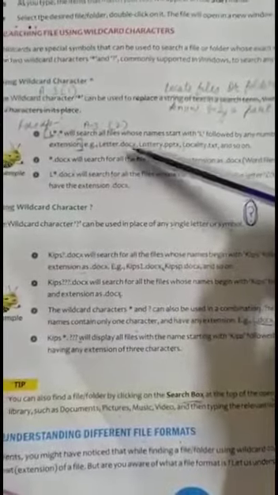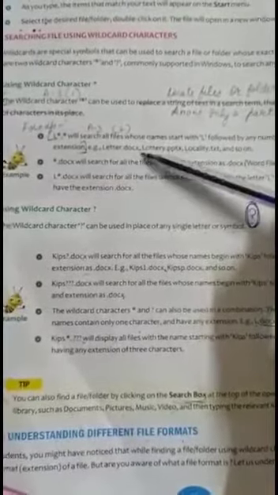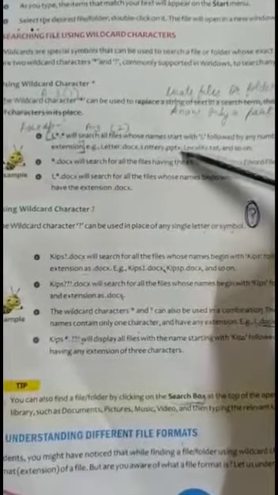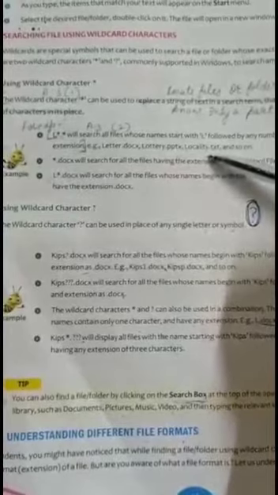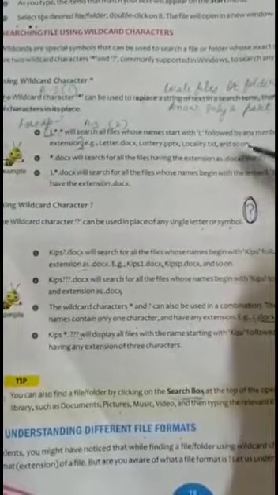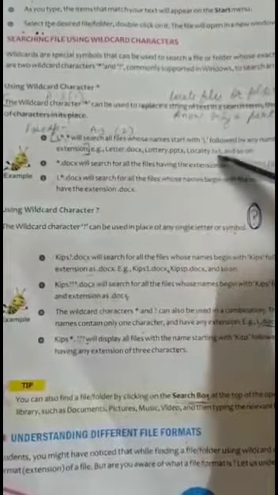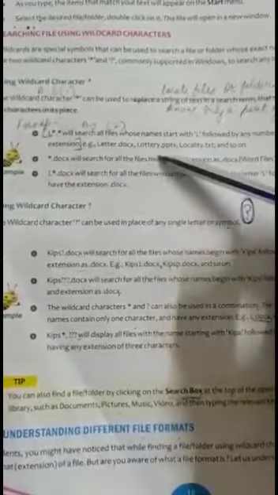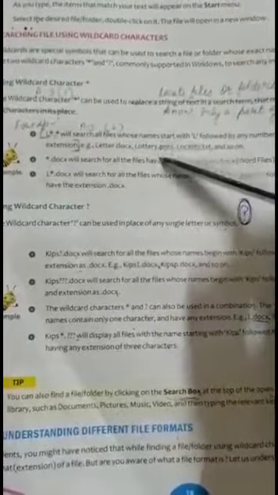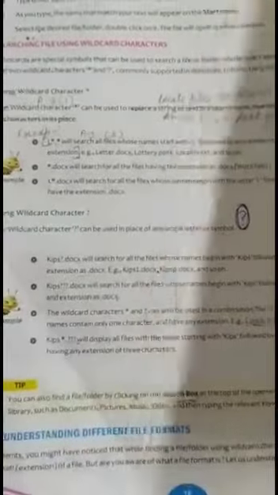Example, letter dot docx, comma, lottery dot pptx, comma, locality dot txt, and so on. All the files have the first letter L followed by any number of characters, and the extension also has any number of characters. First extension has 4 characters, secondly also 4 characters, and last is 3 characters.